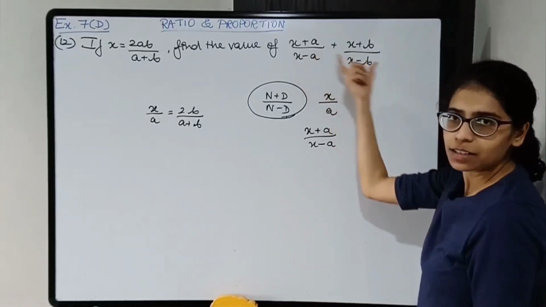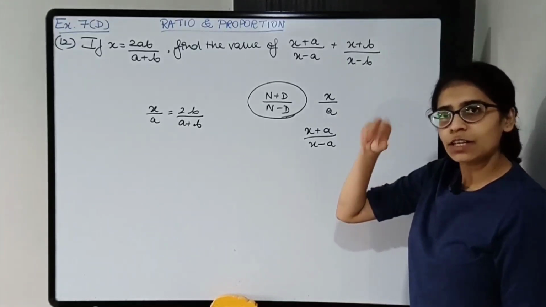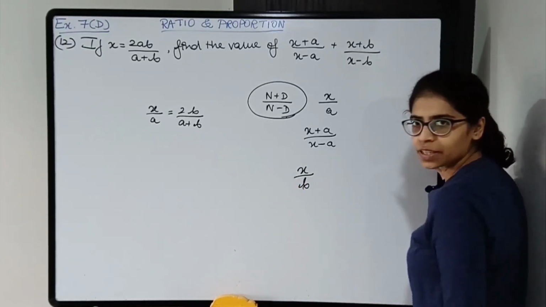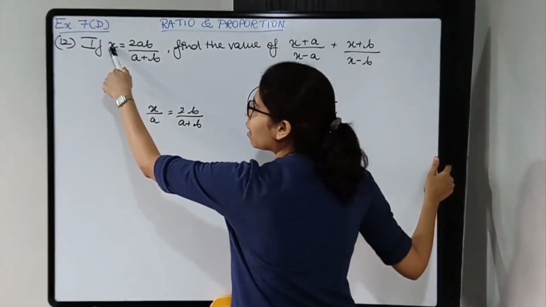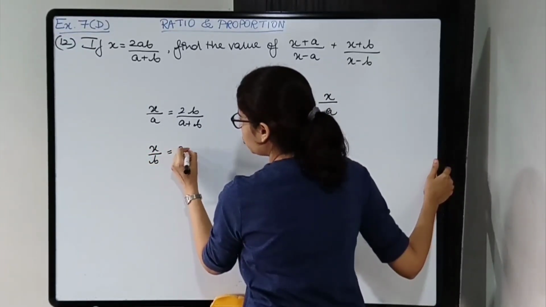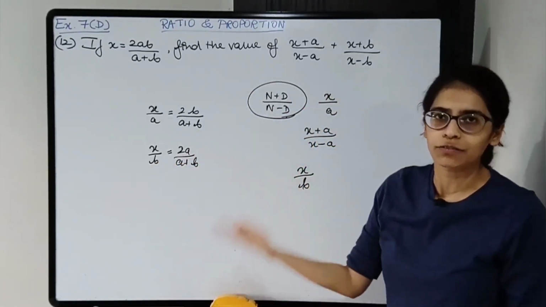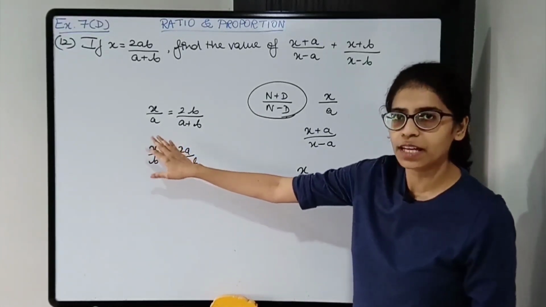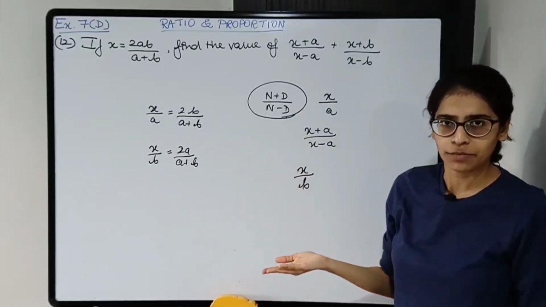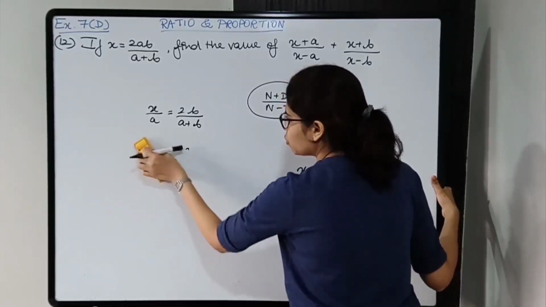So ये मिल जाएगा. Similarly this one. Numerator plus denominator upon numerator minus denominator वाला form है. So you need this as numerator and this as denominator. You need x upon b. So x you have, you can easily shift b over here, so you will get x upon b equal to 2a upon a plus b. Then you will apply componendo dividendo and solve further. Once you get the value of x plus a upon x minus a plus x plus b upon x minus b, then you will add and solve further. ठीक है. So let's solve by this method first and then we'll use substitution method also.